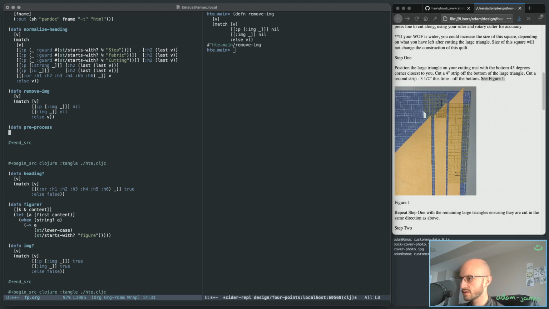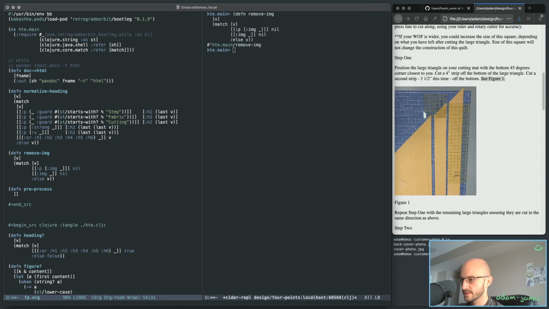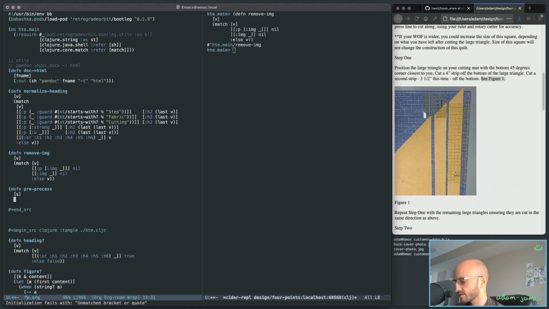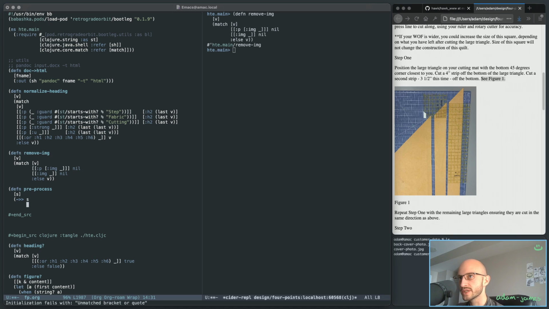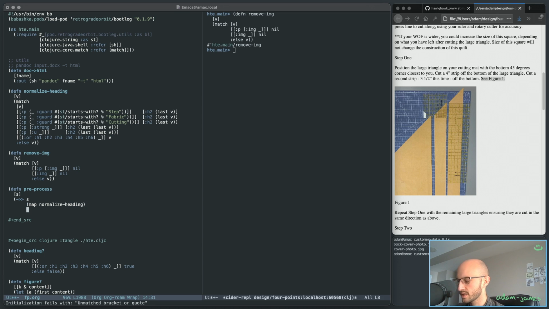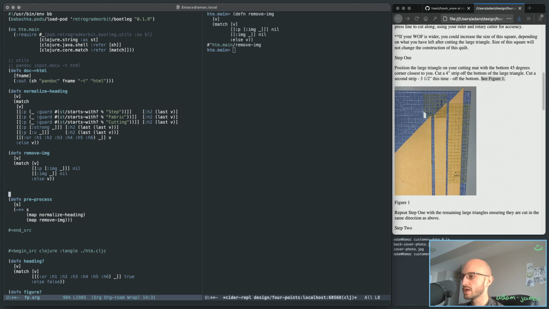pre-process or normalize, or I don't know. The nomenclature I should work on, but I'm going to take the sequence here at this point, and I'm going to map normalize heading, and then immediately map remove image. And there will probably be one more pre-process that I do, and that's actually just going to be